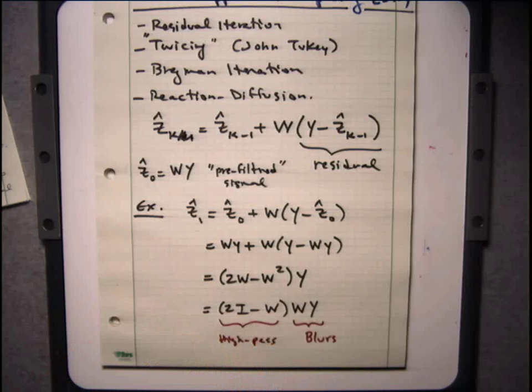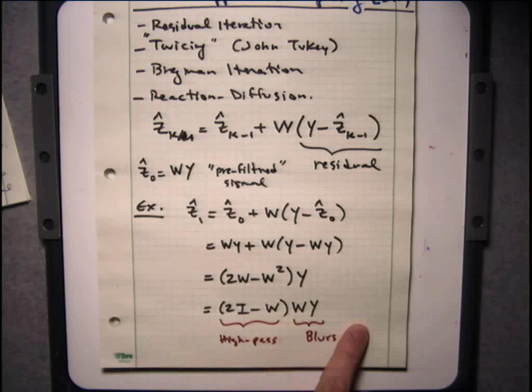So what did diffusion do? Diffusion applied low pass again, low pass again, low pass again, until what happened? The constant signal came out. What this does is one low pass followed by a high pass. And then if you do it again, it's going to do another low pass followed by a high pass. Low pass, high pass. And the low pass and high pass are not exactly the inverses of each other, so they're not canceling each other out. This does a certain amount of blurring and a certain different amount of high-pass filtering to give you the next